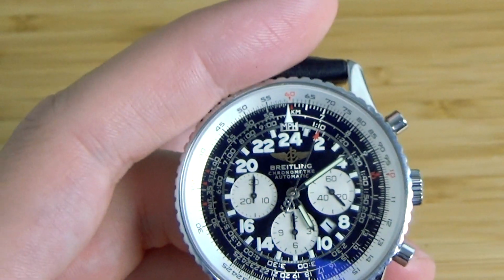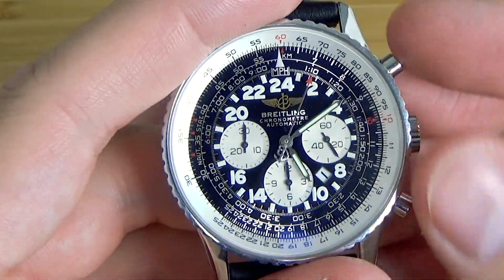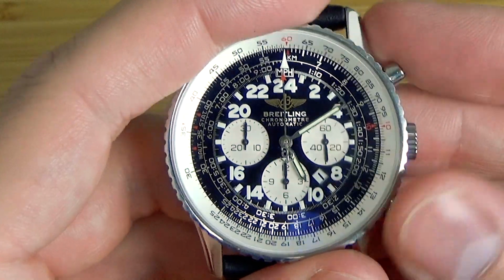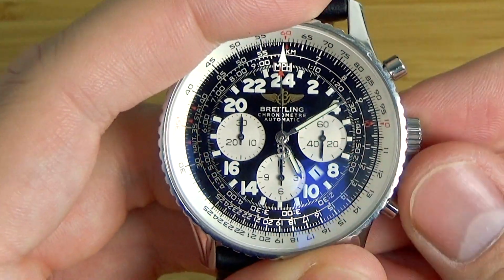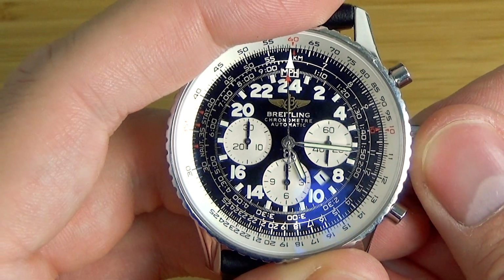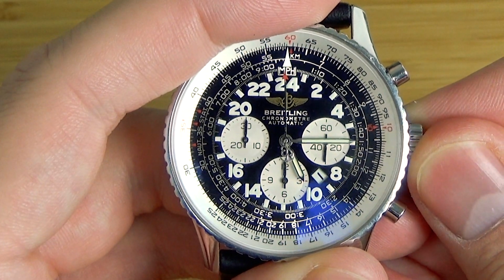I just want to talk about 24-hour dials and about reading them. This watch specifically is a little difficult to read, but I will tell you something I did notice that I really like a lot, is that